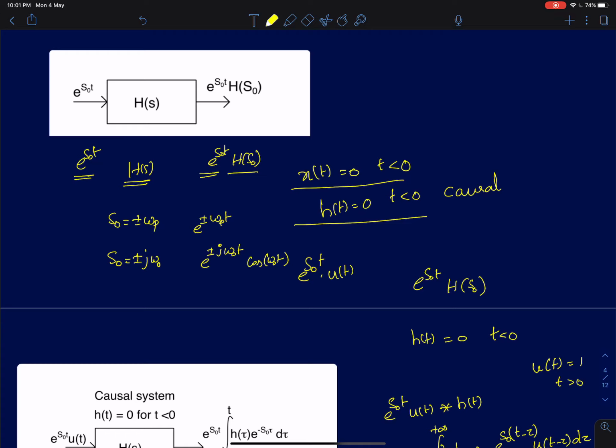We said if the system has real poles at ±ω_p, then an input of this type, a real exponential e^(±ω₀t), will make the system offer an infinite gain. Okay, so if you feed this as an input, the system is going to offer an infinite gain. Similarly, we said if the poles lie on the jω axis,